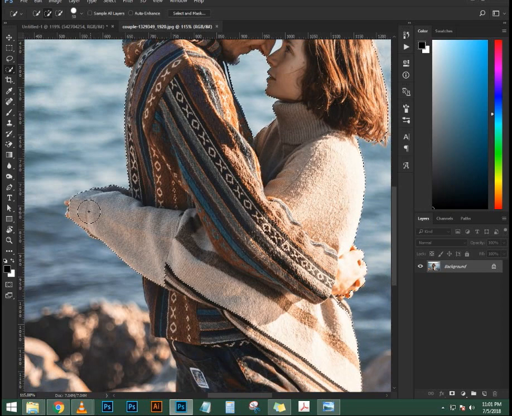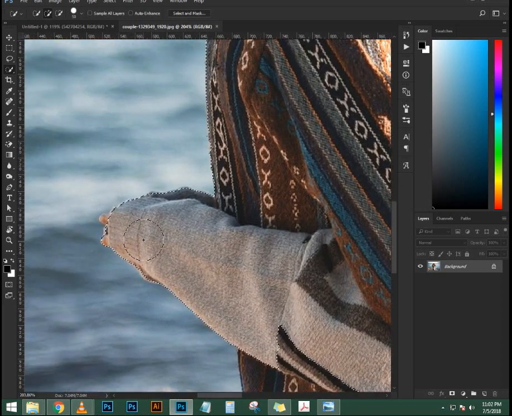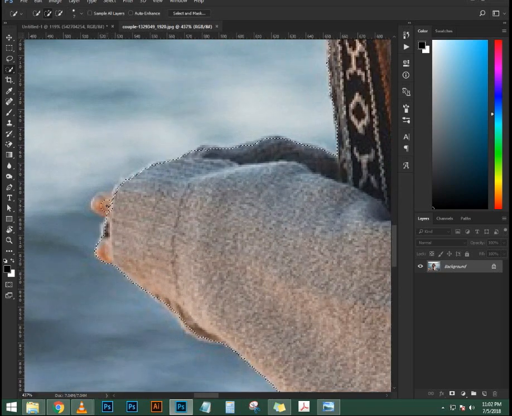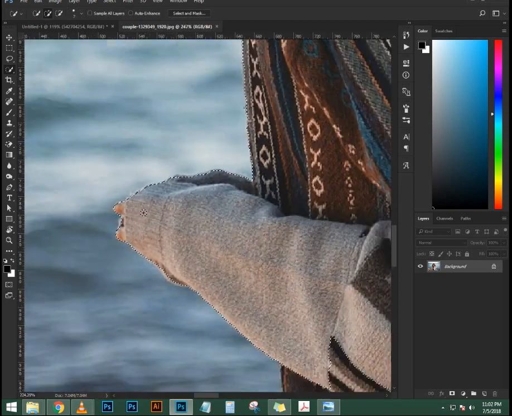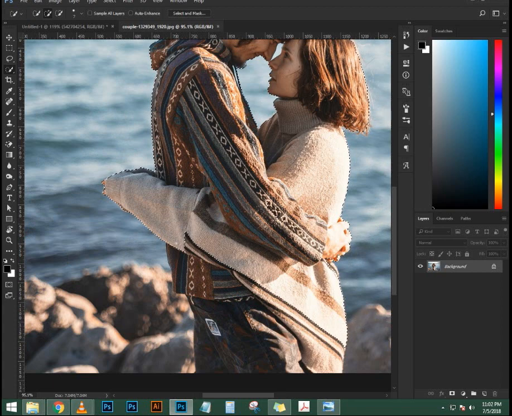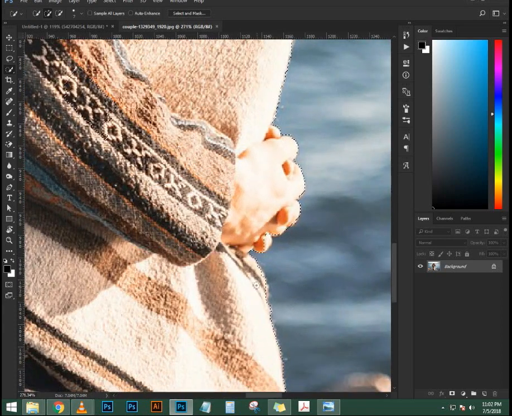So what I'm going to do now is click on the top layer, Shift and click on the layer below it so they're both selected. And I'm going to click on this little chain link icon here to link those two layers. What that allows you to do is when you move one of those layers with the move tool, it moves both. And they can be in different groups